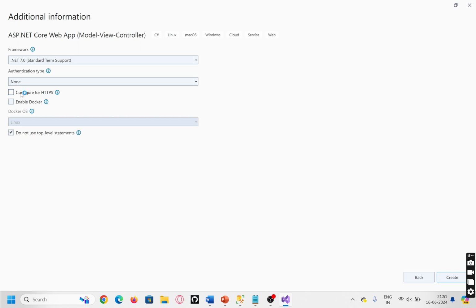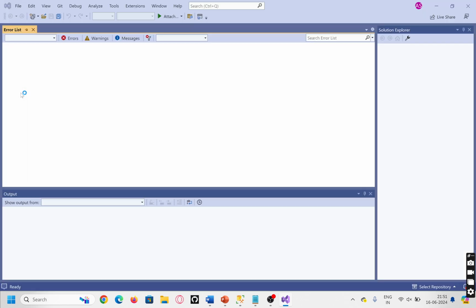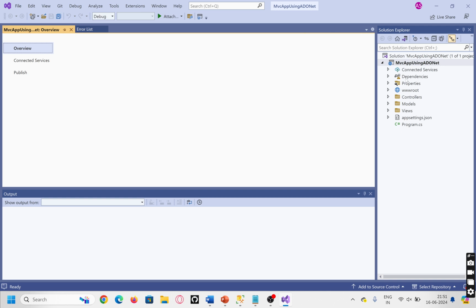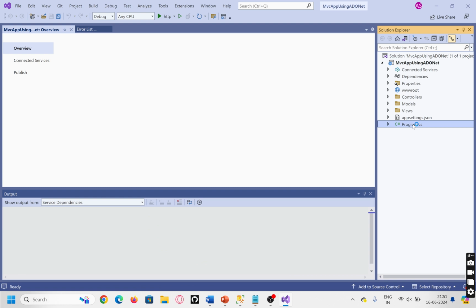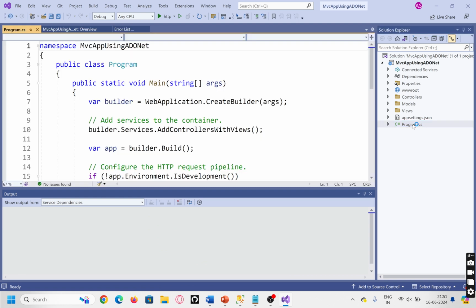Once it is created, we can see a specific project structure, because we have chosen the MVC template. We can see different folders coming here: controllers, models, views. If you recall, in the console application, Program.cs was the file in which I stored the connection string, and all the record operations were performed from that file only. But because this is an MVC application, we need a web-based interface, so we will write all the code in the controllers folder. So what we can do